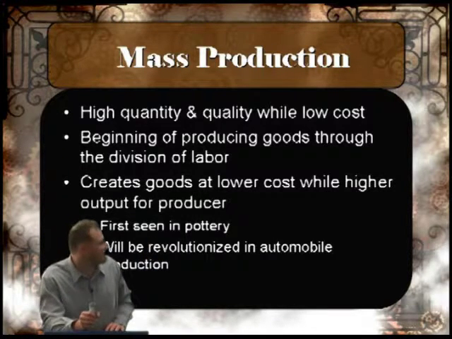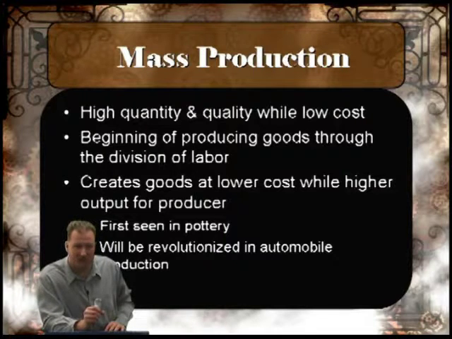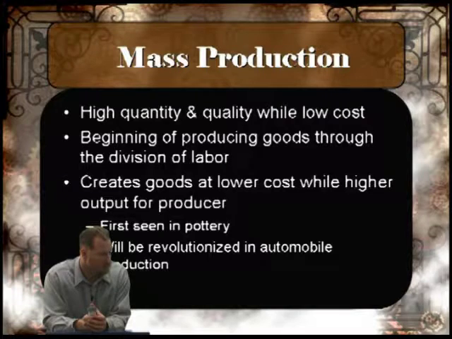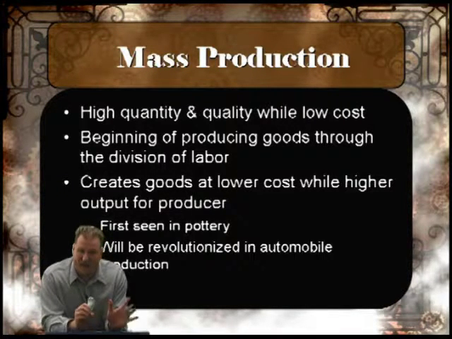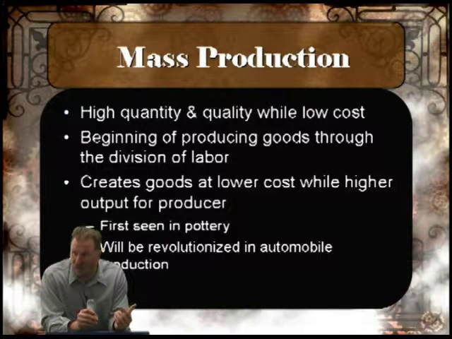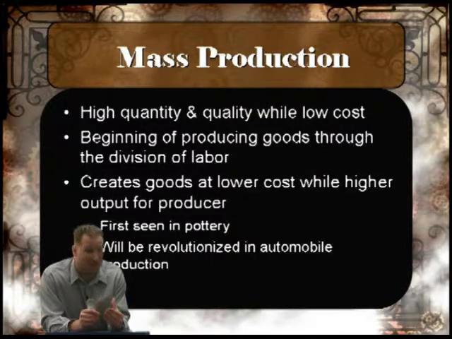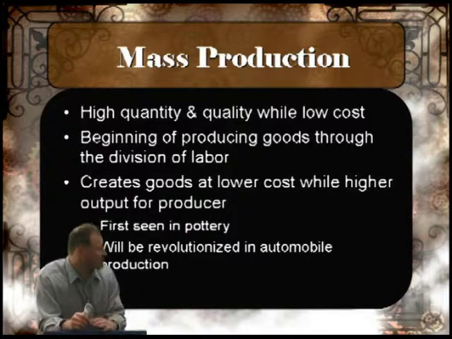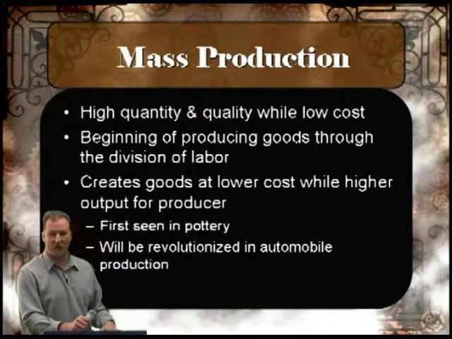But how does mass production increase the quality of something? Because if you keep on doing the same thing over and over and over, you're bound to get better at it. Very good. And that goes back to those 8 characteristics when we talked about civilization, right? Way back in early Civ, what was that one characteristic that makes me better at something? Specialized workers. The more I do of something, the better I'm going to get.